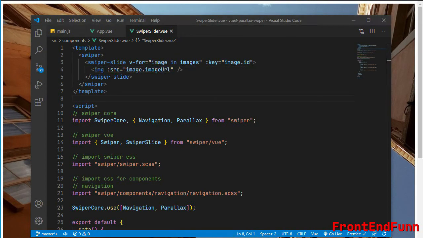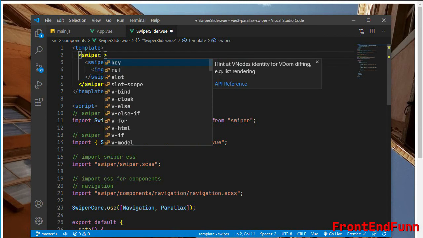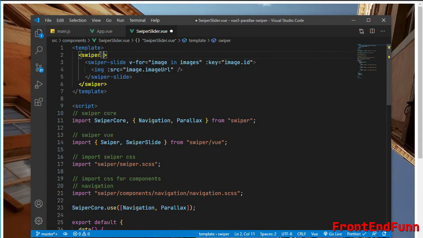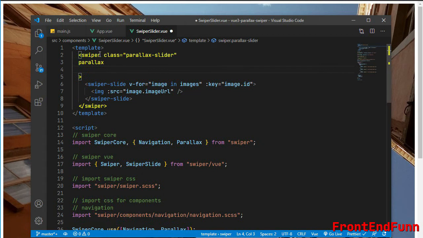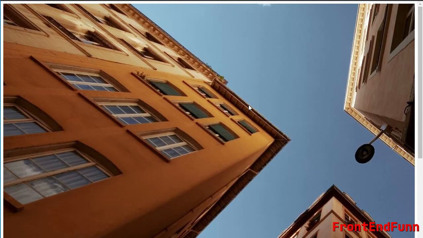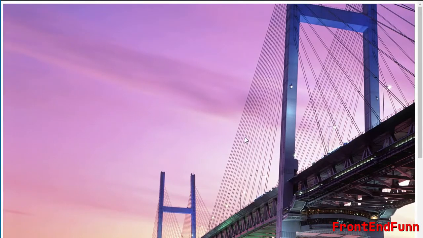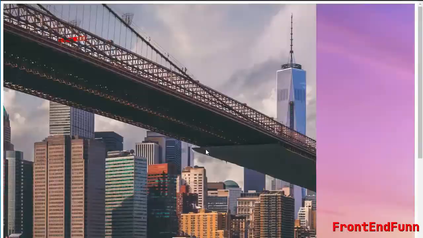Next we need to add some props here. We need to add a class, parallax-slider, which is my custom class, and for the parallax we need to add parallax, and then grab-cursor. Grab cursor will change the cursor while we drag.